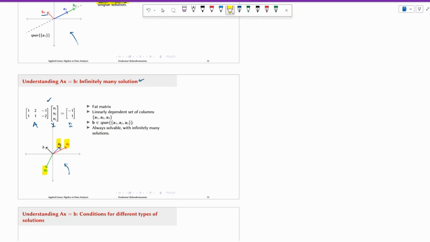Well, that's because you can represent A3 using A1 and A2, or you can represent A1 using A2 and A3, or A2 using A1 and A3. So this set is not linearly independent because one of these vectors can be represented as a linear combination of the other two. And the moment you can do that, that means you are not